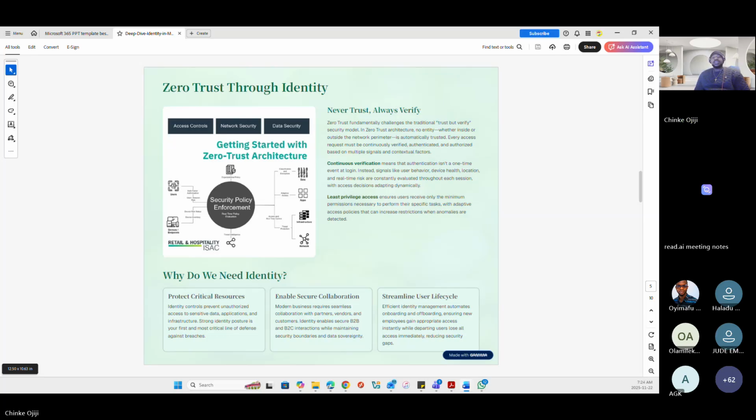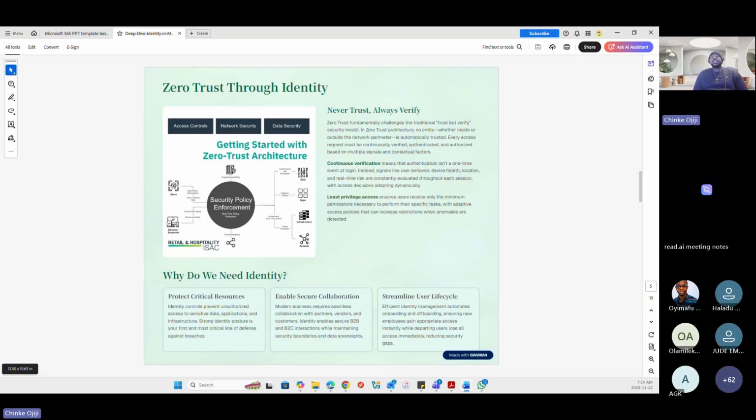But it's not just about who you are, but how safe your session is. Because even if you are the correct person and you've been granted access, while you're using those resources, zero trust means asking, is this person safe using these resources? If this person clicks this link, what is going to happen?